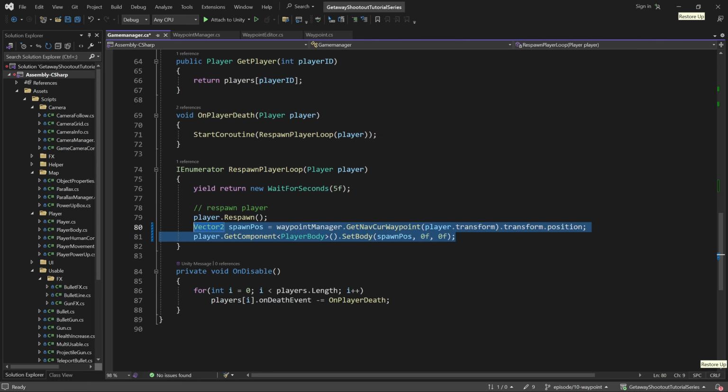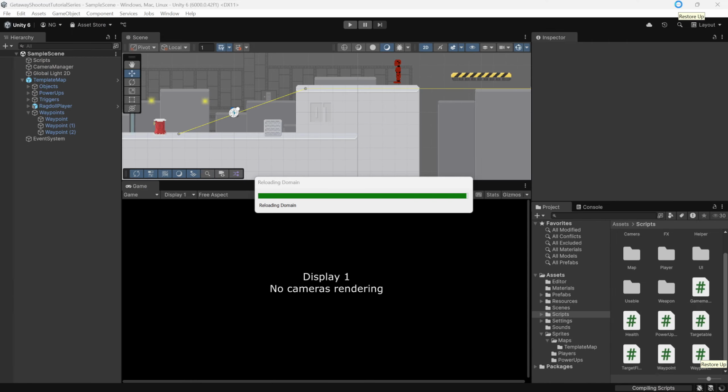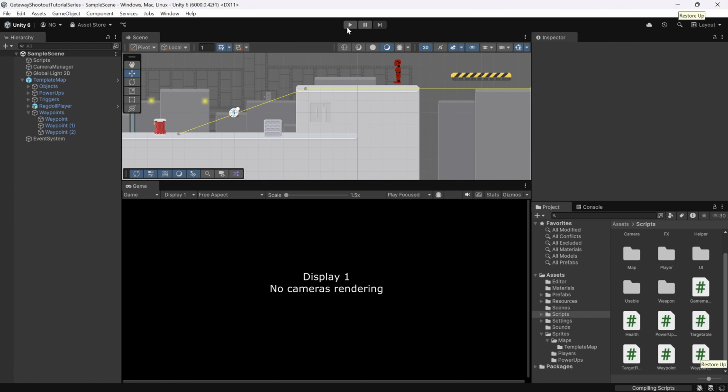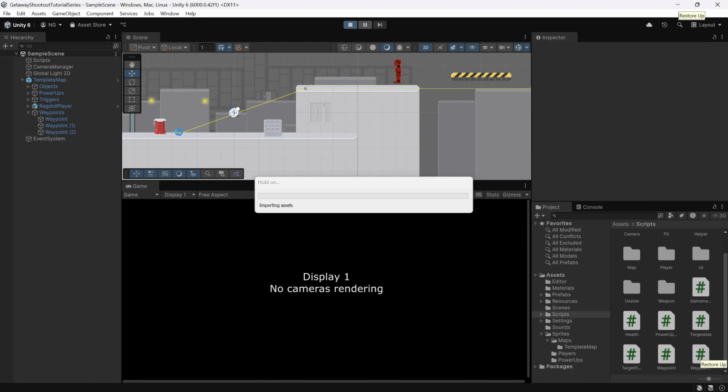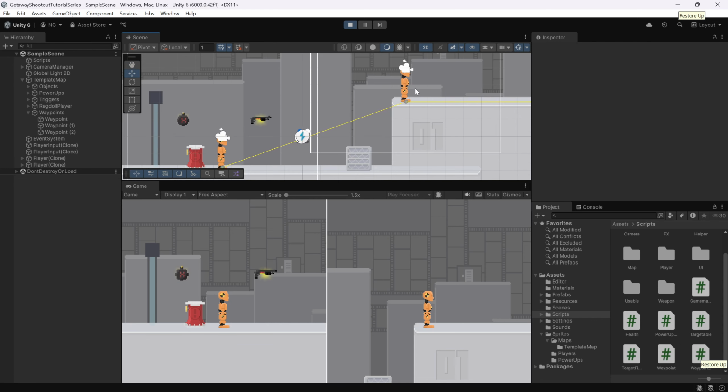We could actually make this a method since this is duplicate code, but this might change in the future. But now let me just test if that works to set the players. So they should spawn at this first spawn point, and it seems like they do, except